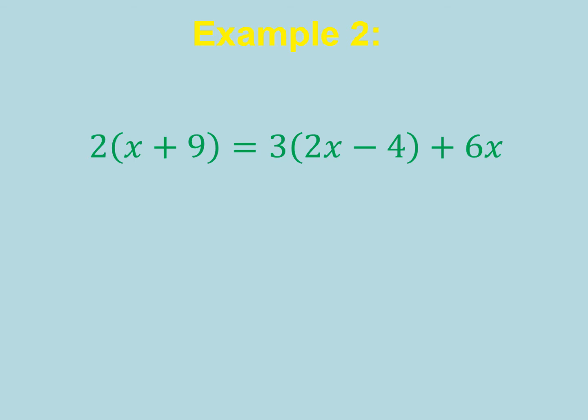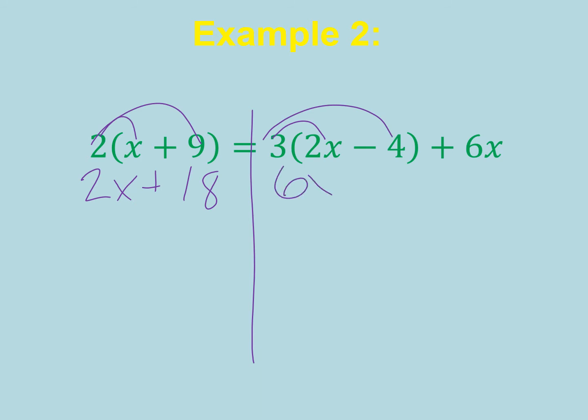Okay, go ahead and go on to a second example. Here I notice that I have two sets of parentheses, so I'm going to do two different distributing problems. And then I see that there are 3 x's in this problem, so I will be combining those like terms. Okay, so I'm going to draw my line. On the left-hand side, I'm going to distribute that 2, so that becomes 2x plus 18. On the right-hand side, I'm going to distribute that 3, so that becomes 6x minus 12, and then I leave